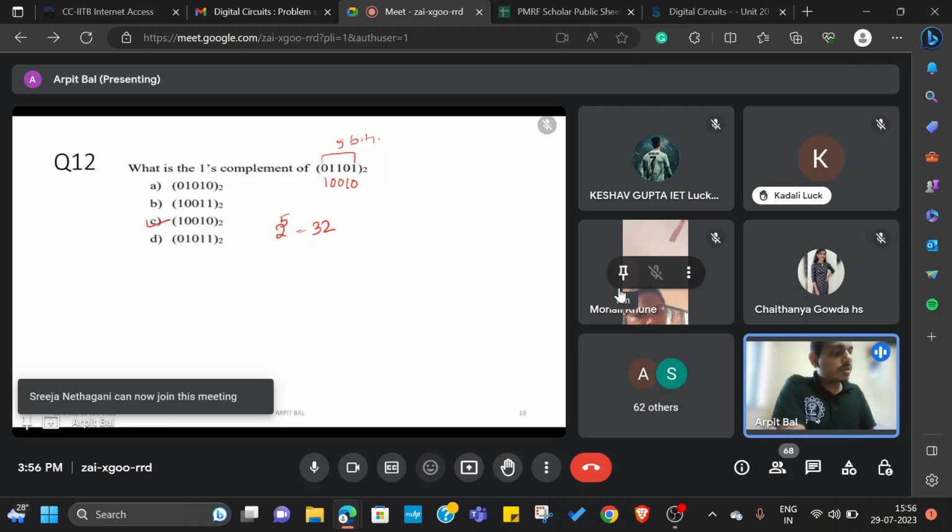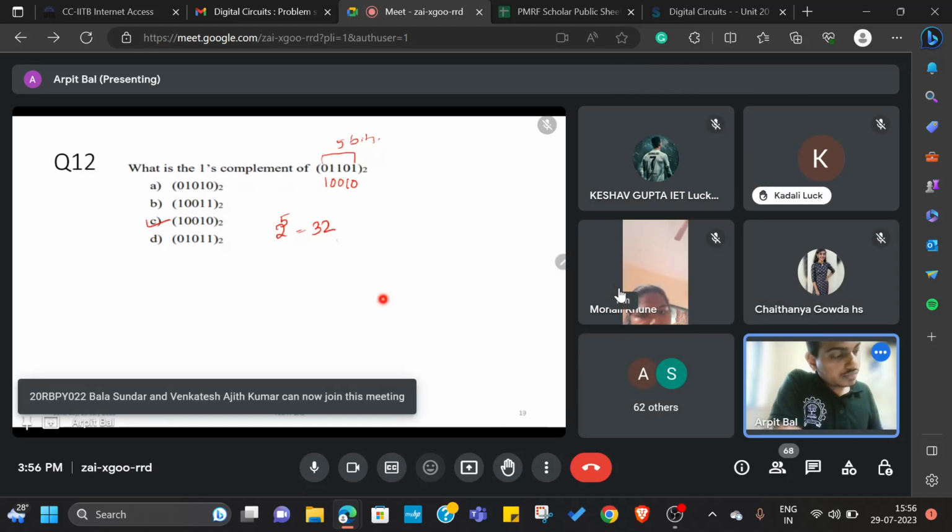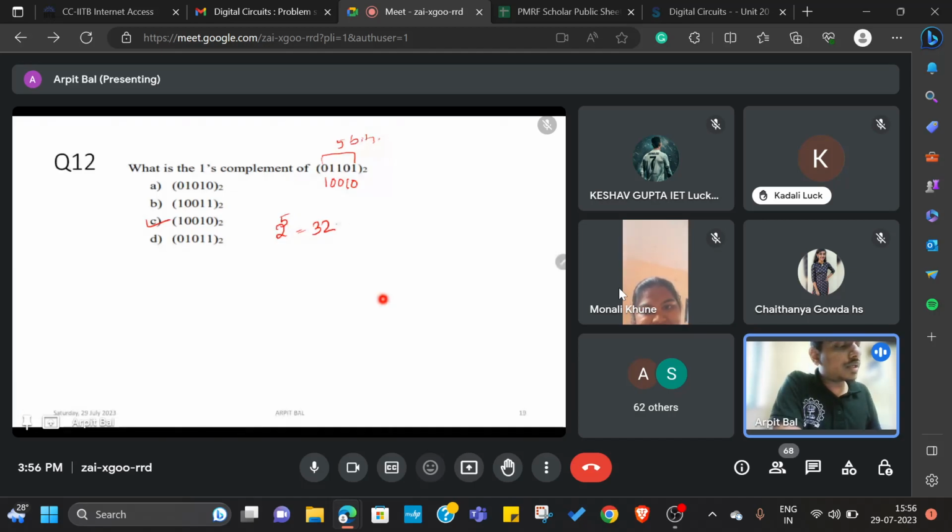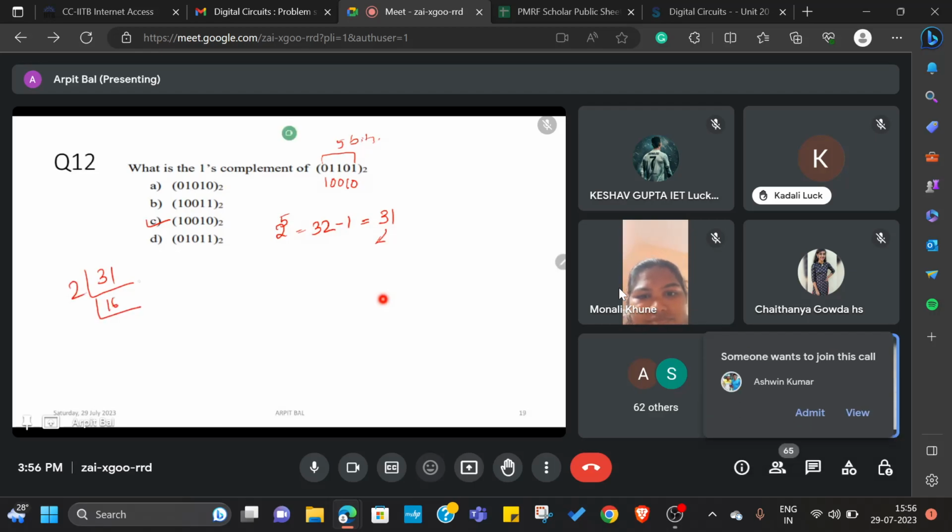Okay, so 32, and so this is the n's complement. To get the n minus 1's complement, what we need to do is subtract 1. So after subtracting 1 we will have 31. So what is the decimal equivalent of 31? Okay, this is 16